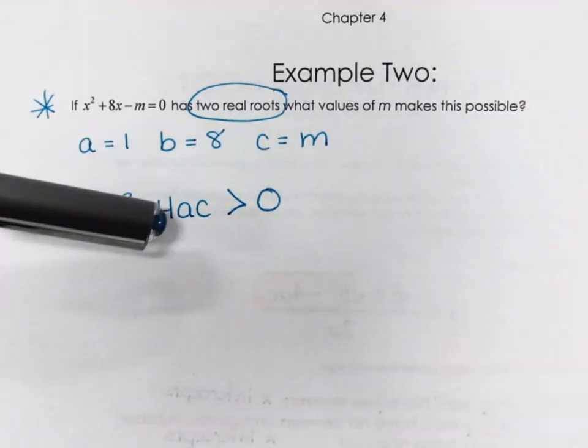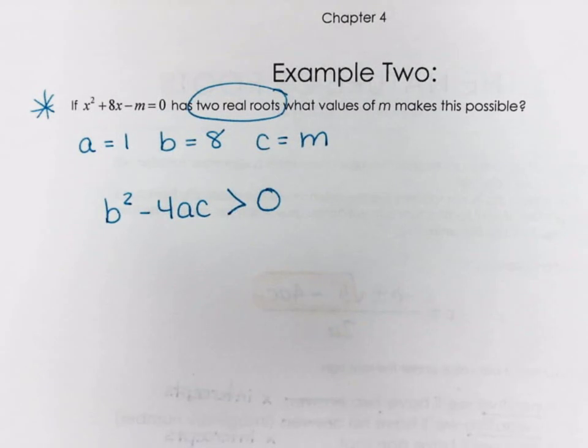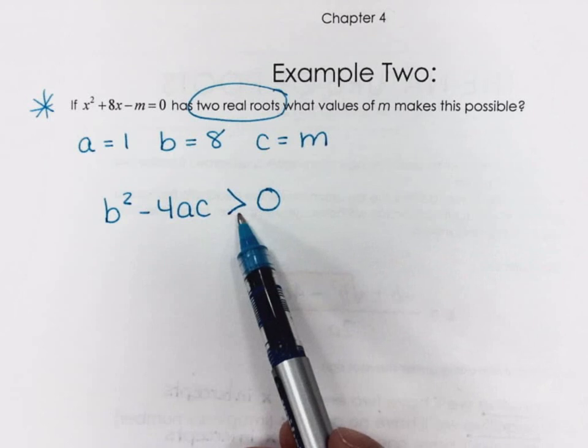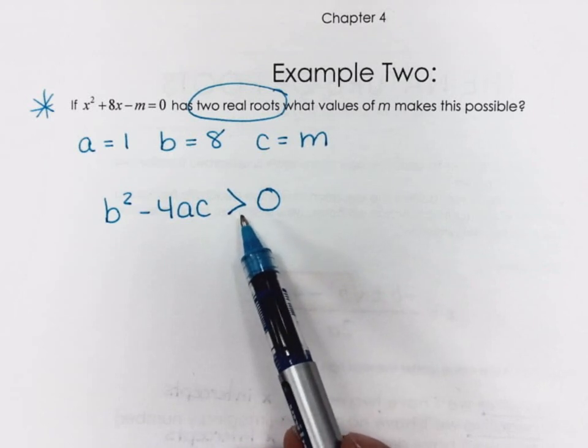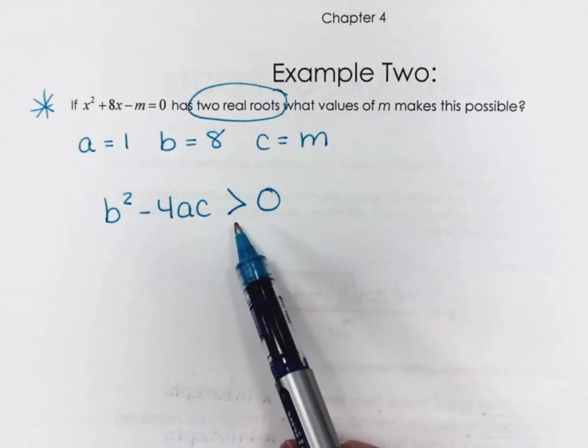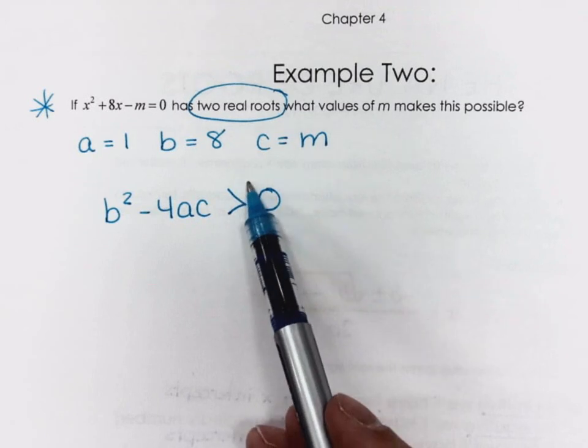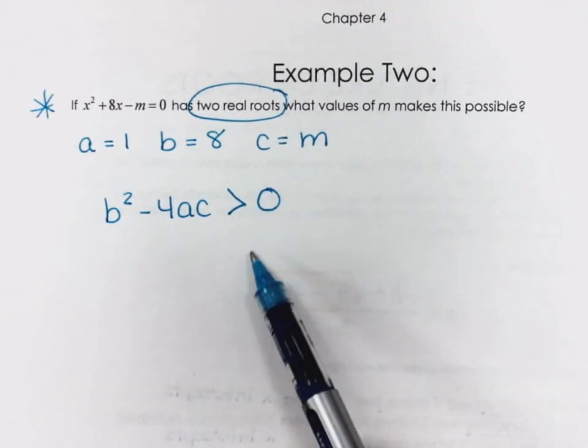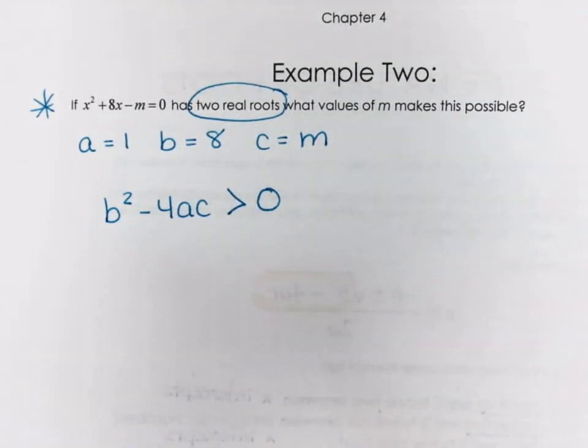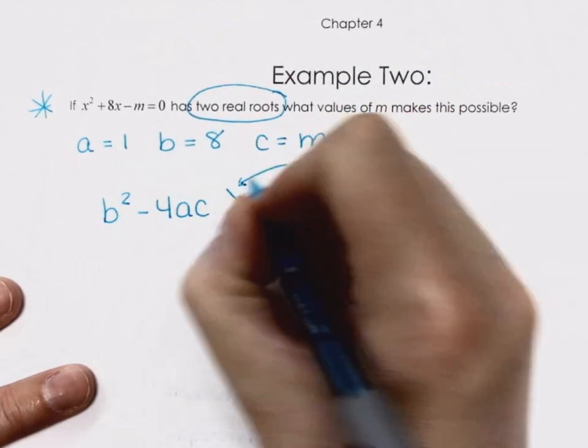A lot of people have a really hard time with that. What if it was only 1 root? What would that change to? Equal to 0. And if it had no roots, it would be less than, right? This is less than 0 because that would be a negative number. So this tells us